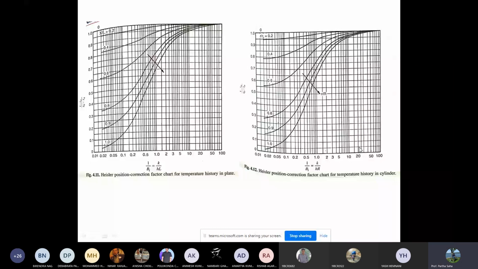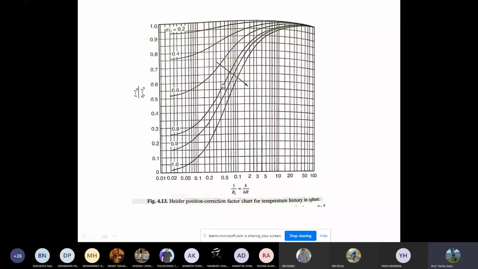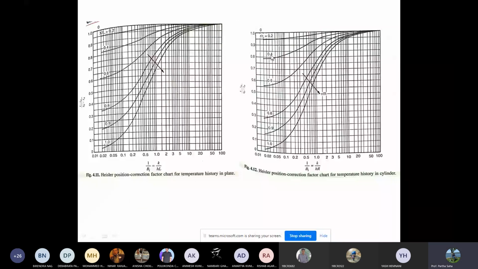This is a little different, but the parameter is R by R0, because for the sphere it won't be x by L, it will be R by R0. Similarly, I think for the cylinder also R by R0 is given, right? Only for the plate is x by L given. So these are different parameters. So I'll show you how this is